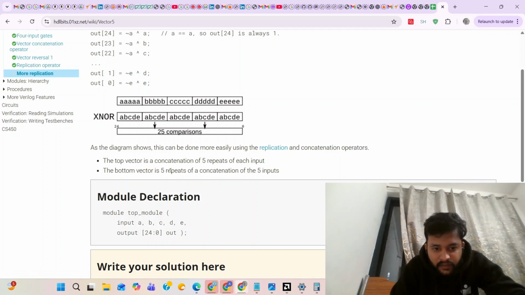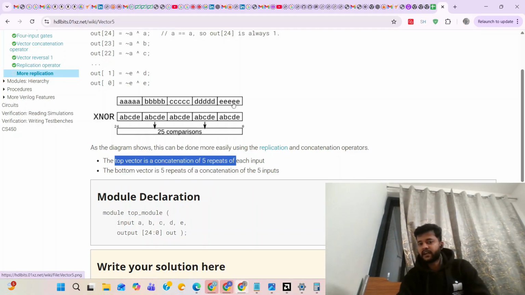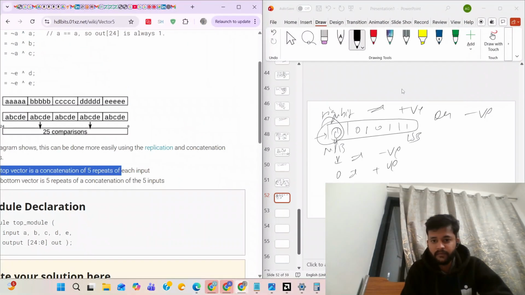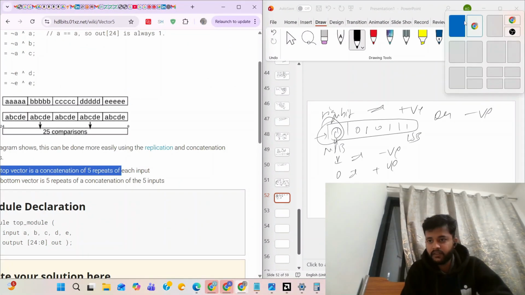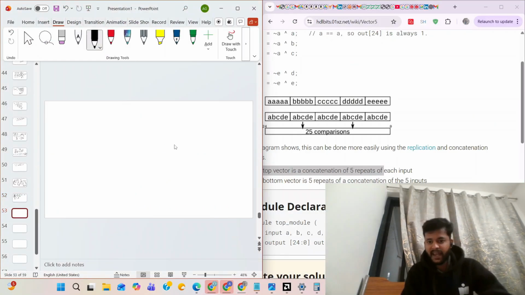We have to design first this vector. This vector is the concatenation of 5 repeats of each input. I'll tell you, this is a very good problem. I'll explain it to you. Guys, I am taking time to explain.